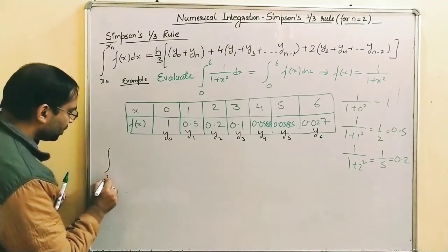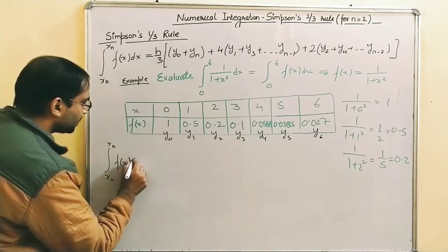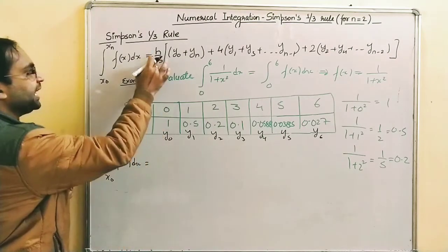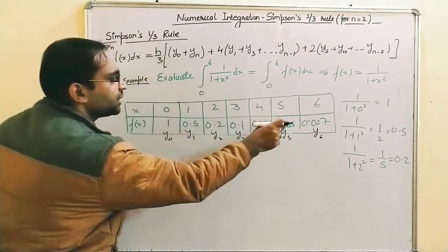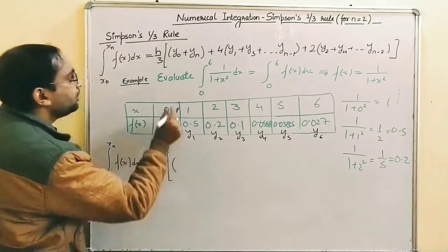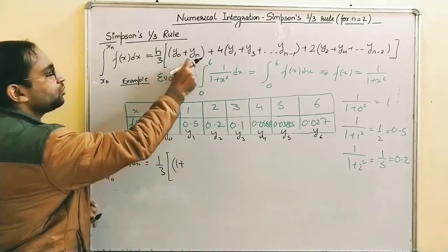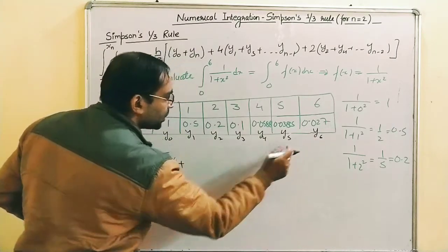So this integration from x0 to xn of f of x dx will be equal to h upon 3. What is h in our case? h is 1. So this is 1 upon 3. What will be y0? The first value. This is 1, plus what is yn? The last value. This is yn,